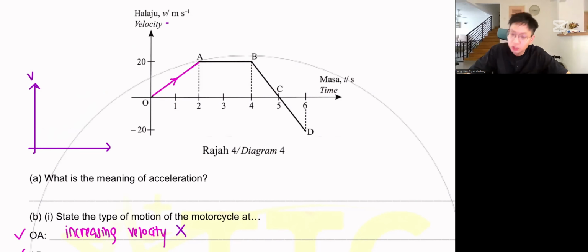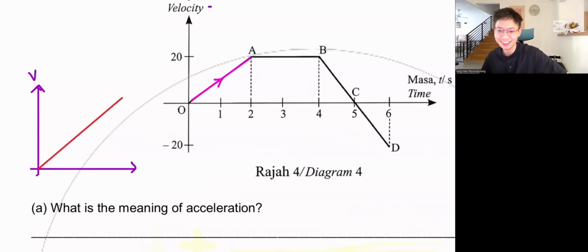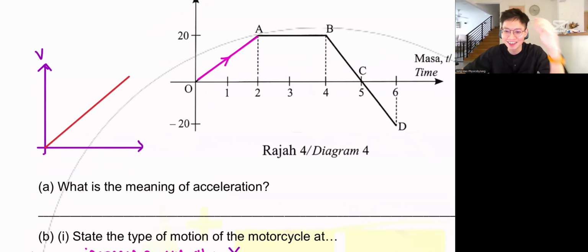Okay, so let me teach you a proper answer. I got one student who wrote this answer, very cute one: "Velocity increasing constantly." I pasted it in the everyone chat already. Is there a way we can make this shorter? Good try, right? Now we know that every time we want to write this type of motion,